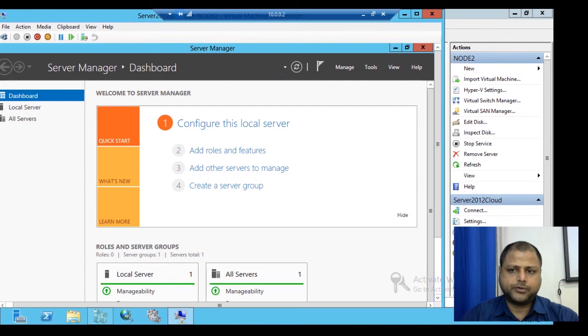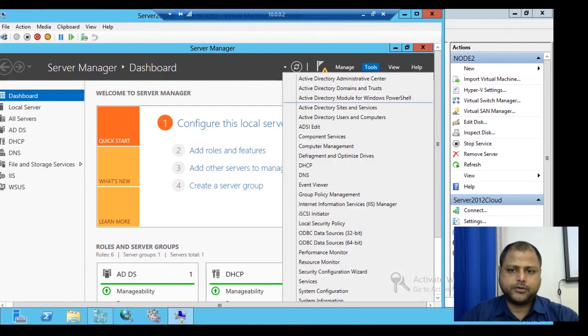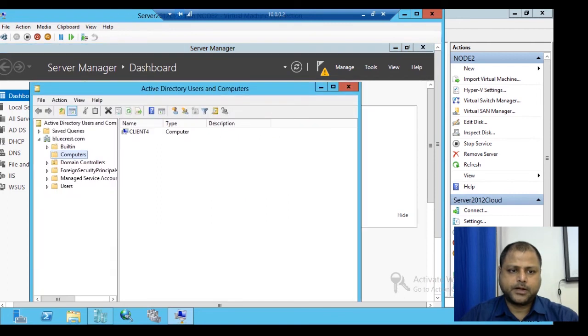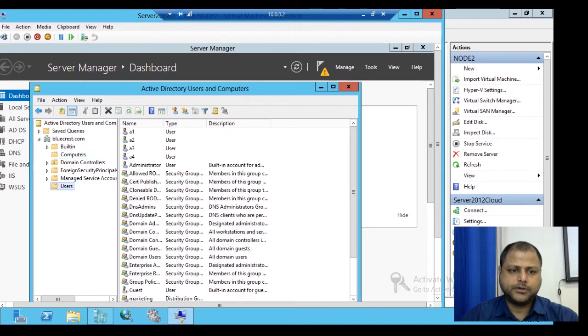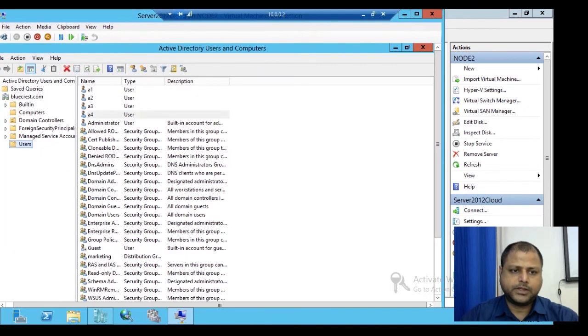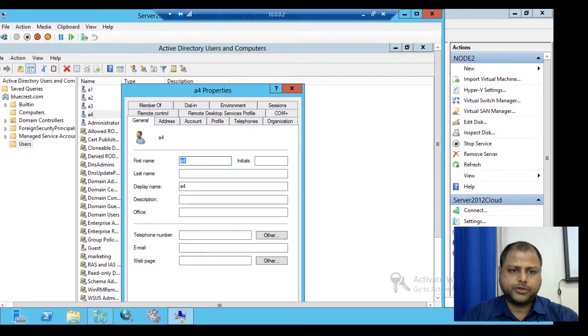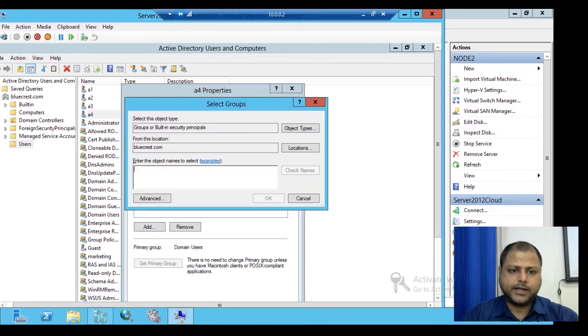Now we will go to Tools. We'll go to Active Directory Users and Computers. Again we'll come to the Users tab under the bluecrest.com domain. When we come to the Users tab, we'll select the user A4, and within A4 we'll go to the properties. When we come to the properties, we'll go for the membership and we will add the group membership.